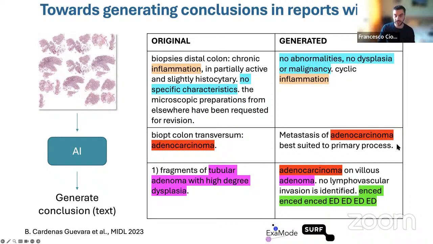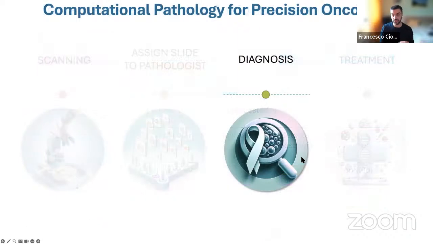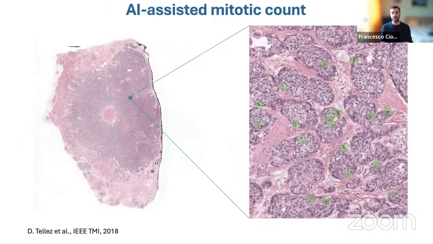All right, so let's say that now we have the slide, it goes to the pathologist, right? And then they have to do their diagnosis. Okay, so what type of diagnosis? Back to the example of our breast cancer grading. I take now the third component, the mitotic count. I told you that pathologists have to look for the hotspot where the highest density of mitosis is. The mitosis is the proliferating tumor cell. They look a bit like this.